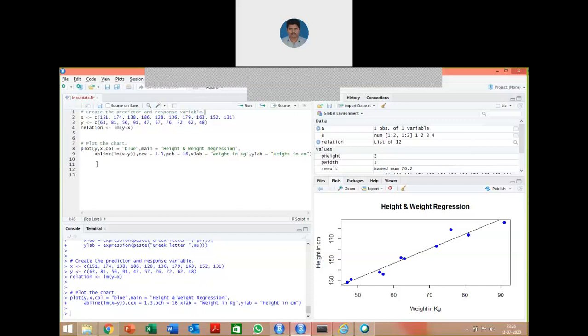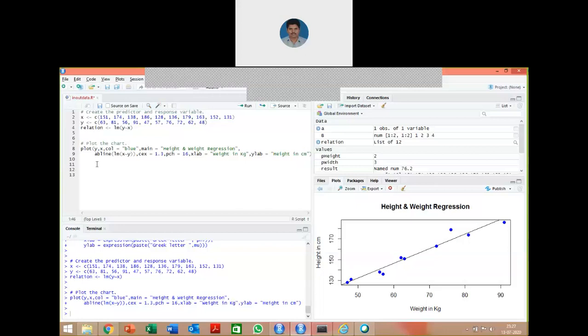Here, I am going to explain a simple example: adding two vectors together. So here you need to create two vectors.